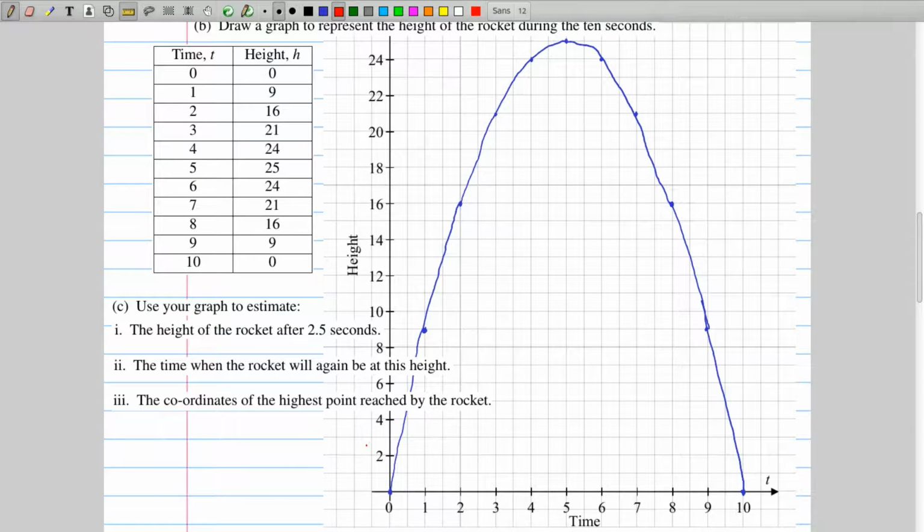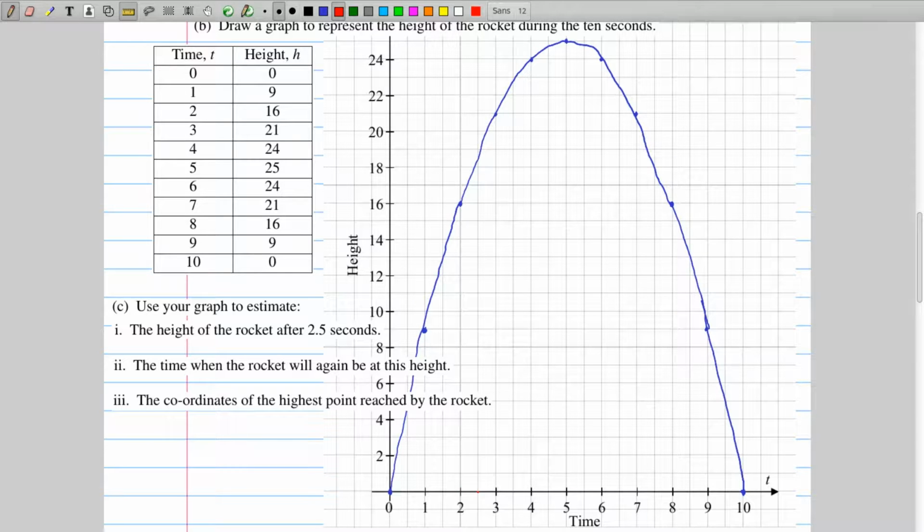Part C asks us to use our graph to try and get a bit more information. It says to find the height of the rocket after 2.5 seconds. It's not something that we calculated because we only did the integer values of time. We did 2 seconds and 3 seconds. We didn't do 2.5. So to work out what happens when it's 2.5 seconds, we start with 2.5 seconds on